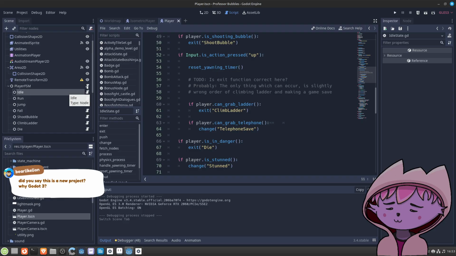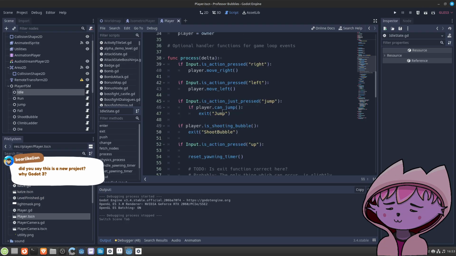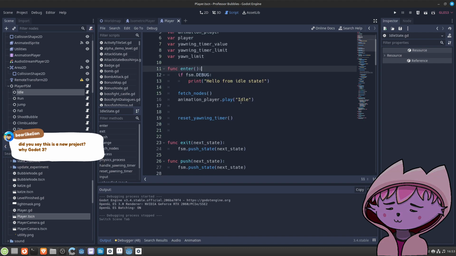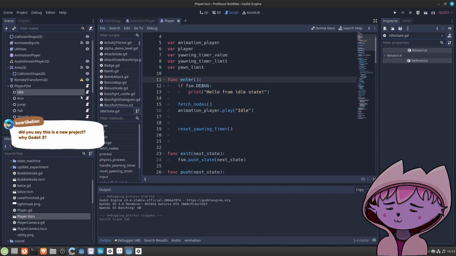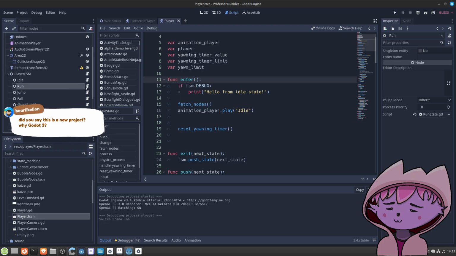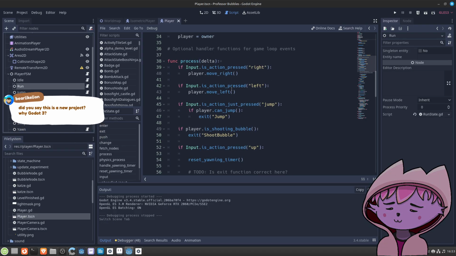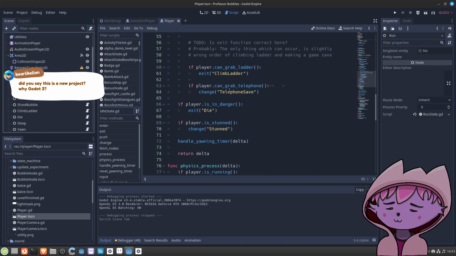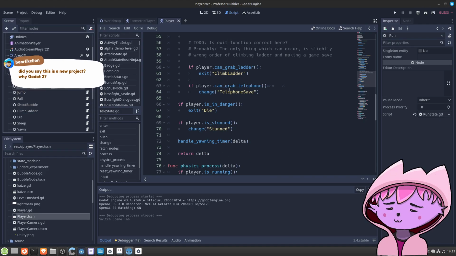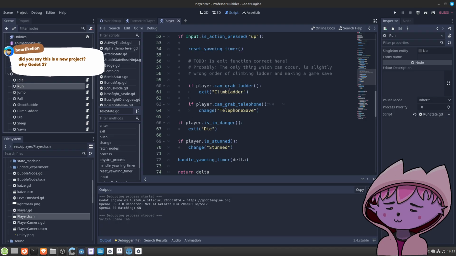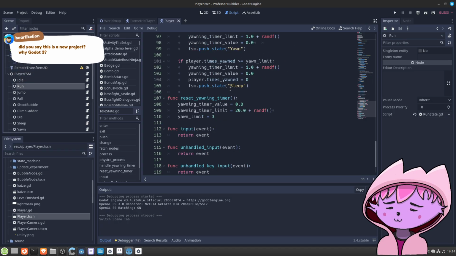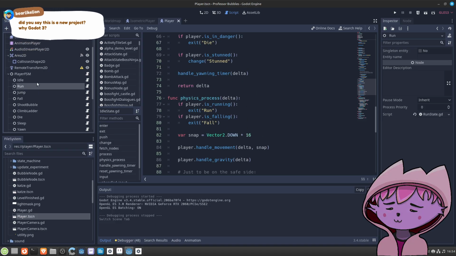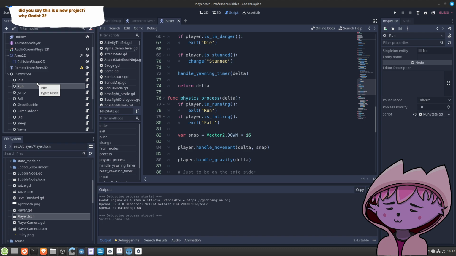Because I think I had a problem with this implementation. Somewhere I had a problem that I can't remember anymore how it was, but something was executing in parallel, or in the wrong order, like in exit state, or some functions from two different states were executing in the wrong order.